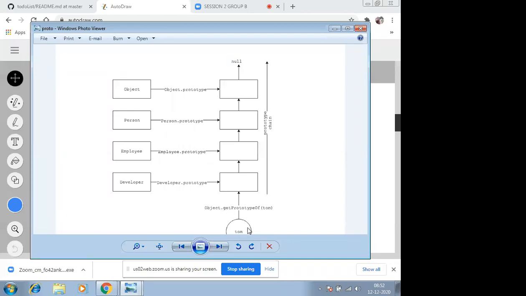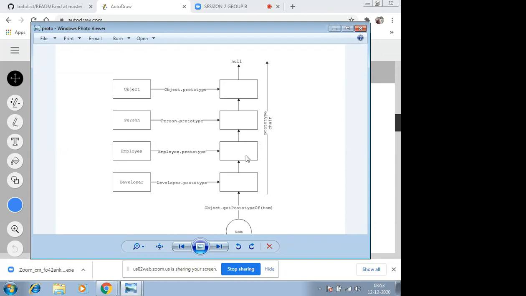If I try to access tom.prototype.getName, the flow will be like this: it will first check whether that particular function is there or not. If it's not there, it will go up and check, because it has a prototype chain, and the chain goes all the way up through Object until we hit null.